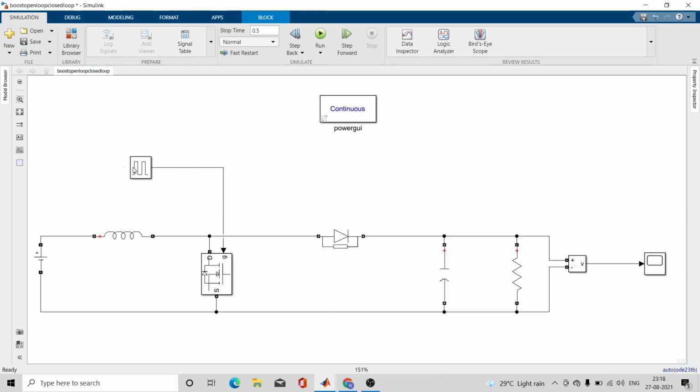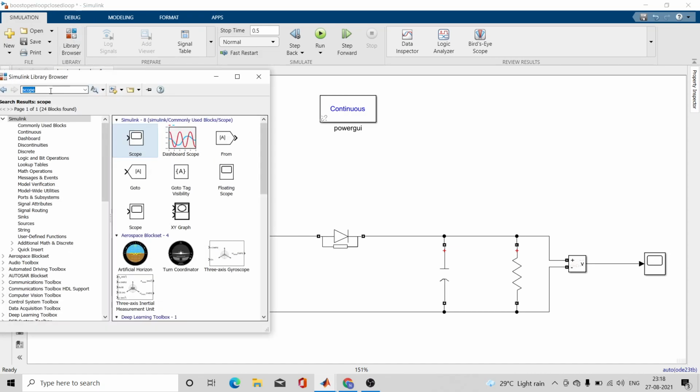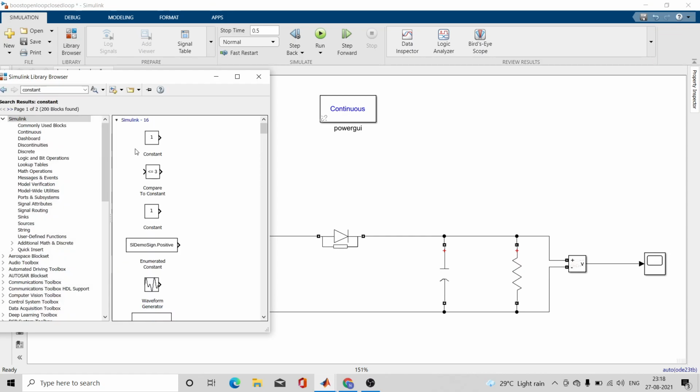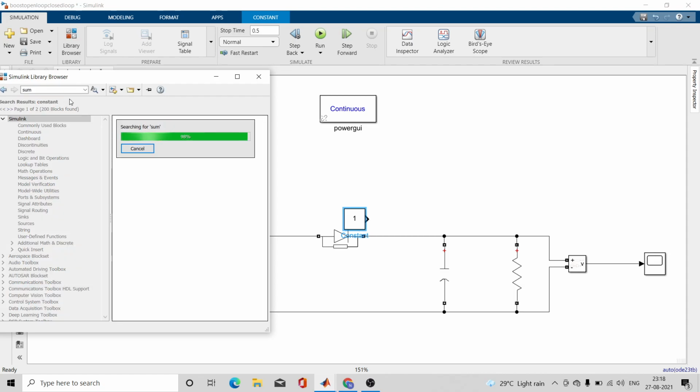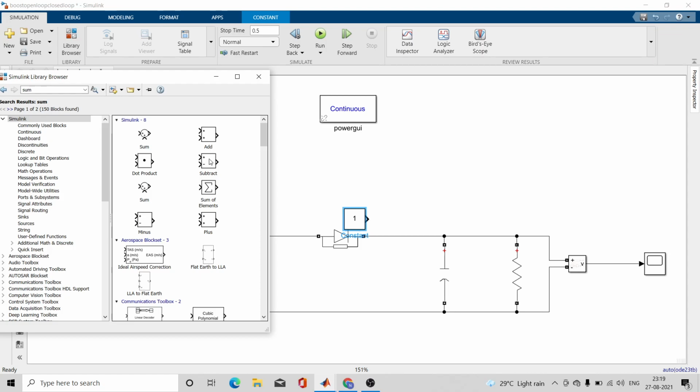So instead of using this pulse generator, I'll remove that. So yes, we will take constant block. So I'll go to library, then I'll take a constant block, add, then sum block. You can use this or you can use subtract, because we want one positive and one negative, we want an error signal, so we will use this.